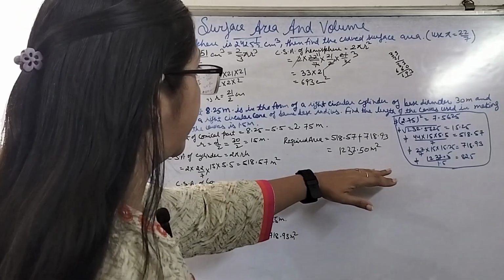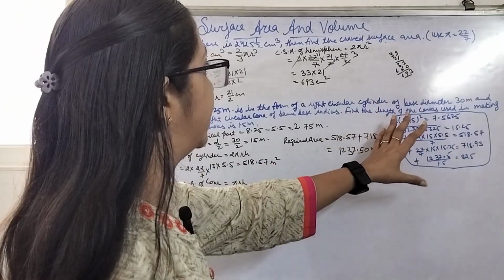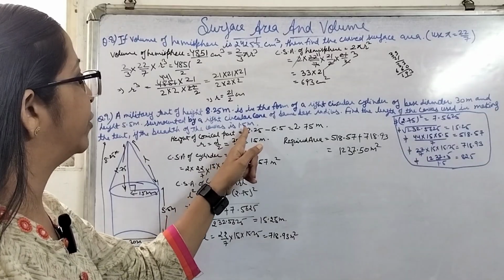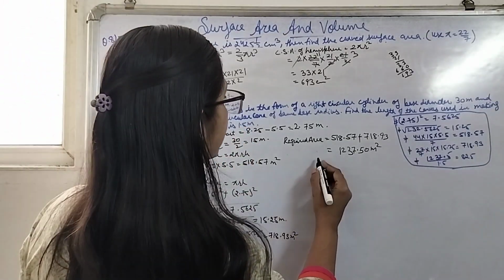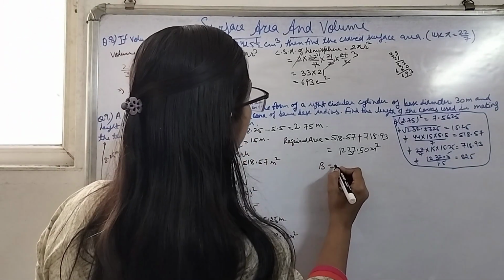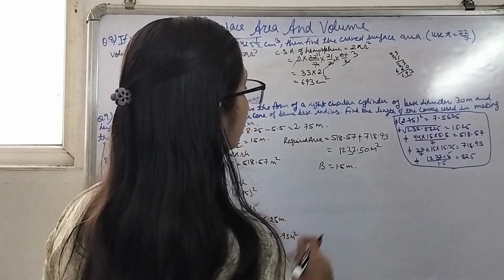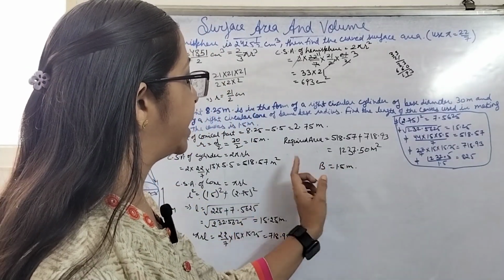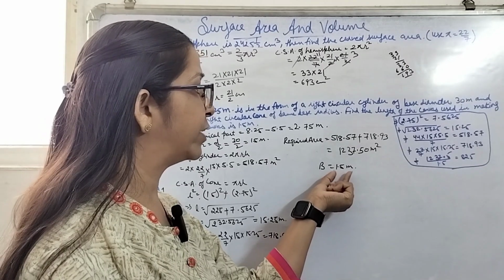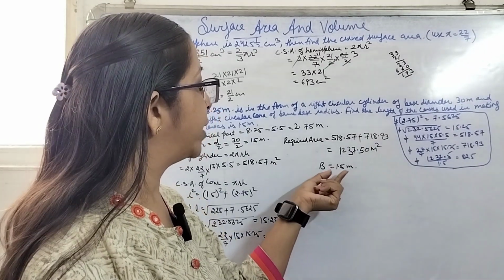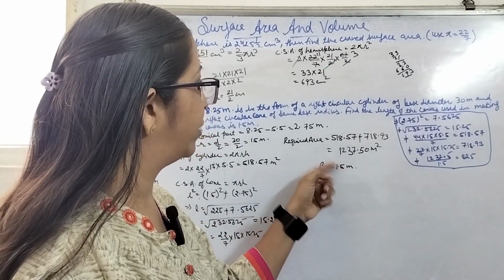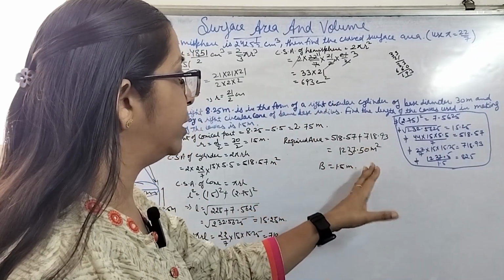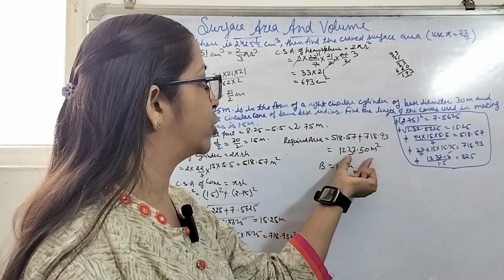Now see, this is the area and we have to cover this with a cloth, and the width of that cloth, that tent, is 1.5 meters. Width is given to us as 1.5 meters. We know that the area of a rectangle is L into B. This is the B given, and we have to find the L for the cloth. So L multiplied by 1.5 is equivalent to the required area, because the tent is to be covered and the area of that tent is